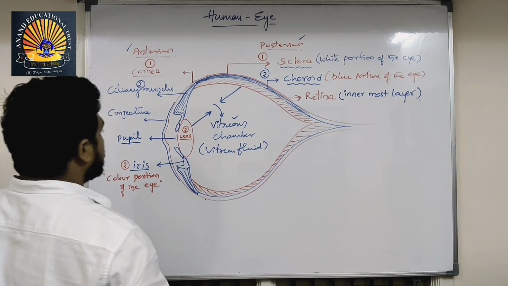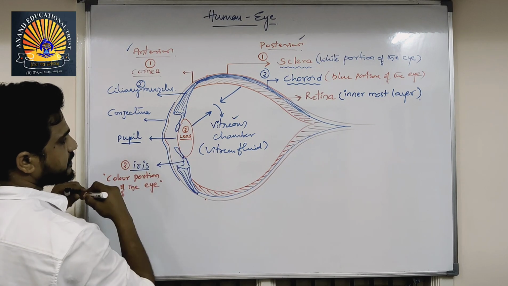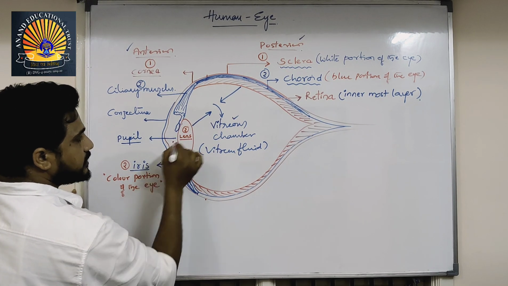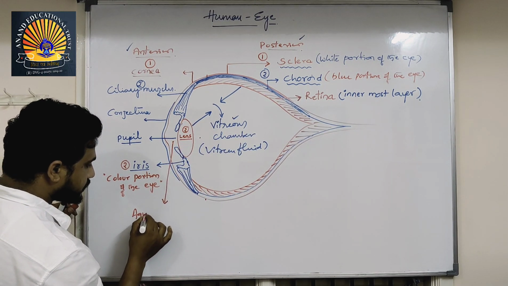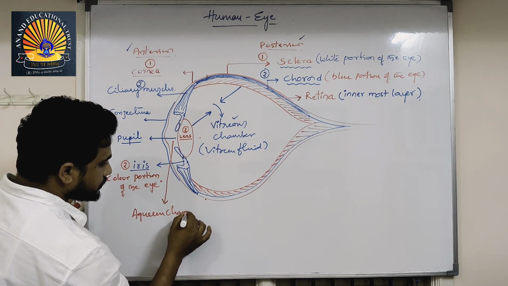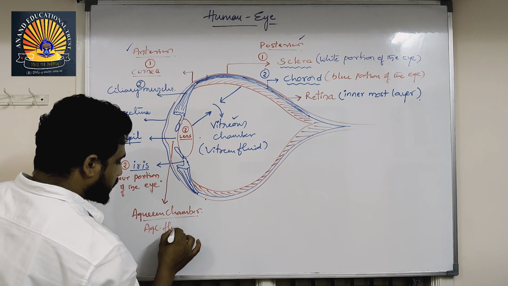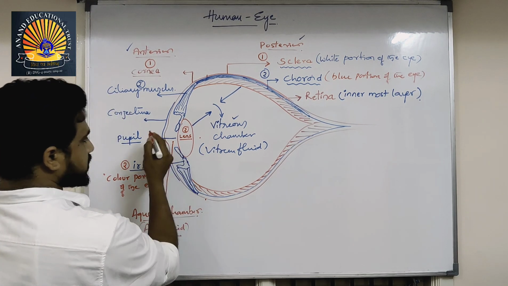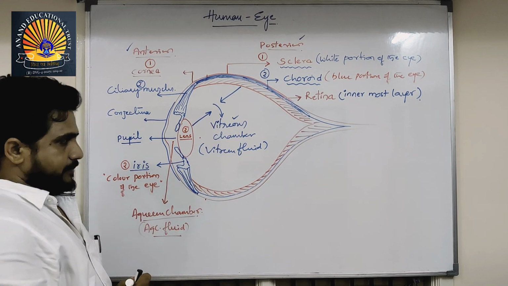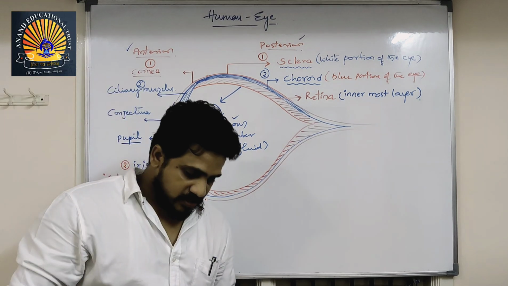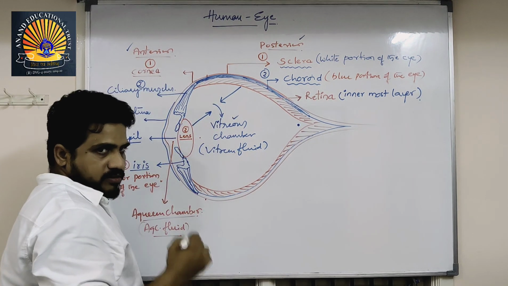Got it? Now, between the lens and cornea, this is the cornea. Between the lens and cornea, this place is called the aqueous chamber. In the aqueous chamber, aqueous fluid is present. Aqueous fluid helps in the refraction of light, and it decides the size of light. These are important structures. Other than that, here the blind spot is present, where an image is not formed